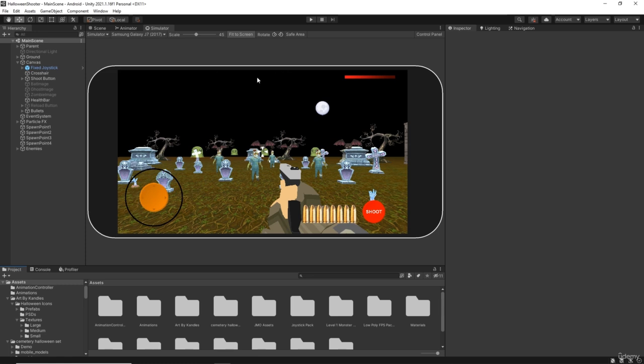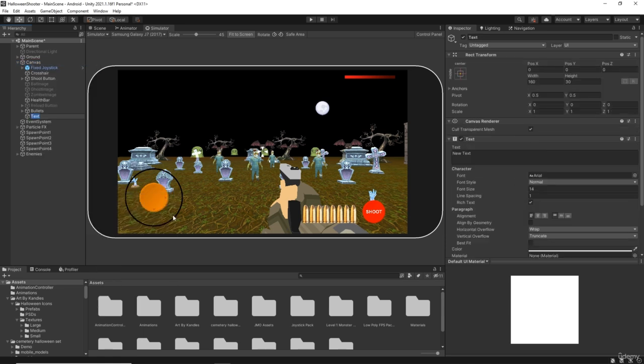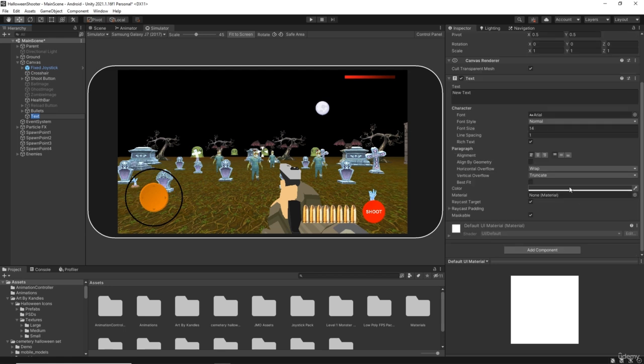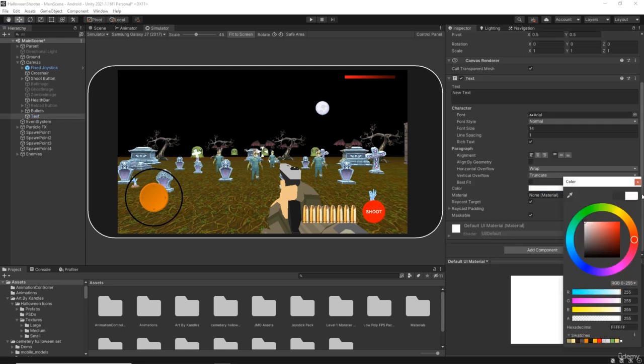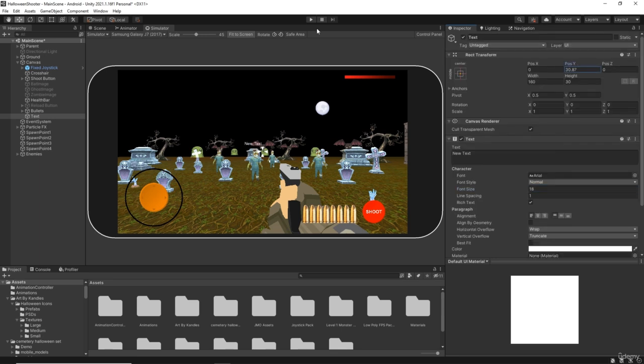So first of all, we need some kind of text at the top, and this is going to be on our canvas. So I'm going to right click UI and add some text. Now it'll probably be somewhere in the center of the screen and really hard to see, so I'm just going to change the color to white, and I'm going to change the size to maybe about 18, and then I'm just going to move this up. There it is. Okay, just click and drag on the Y,